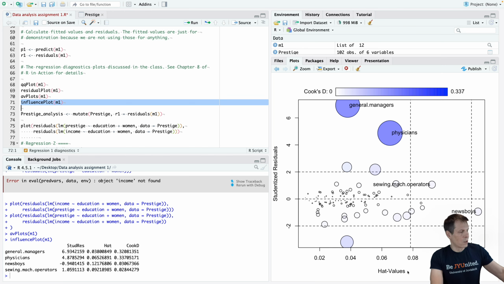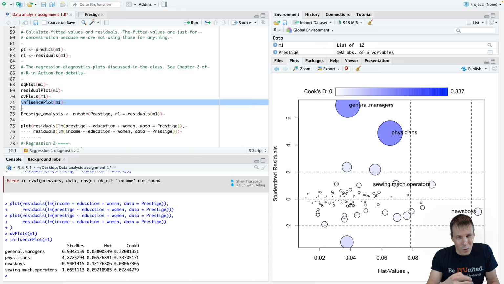If you think about a regression line, it would be something like this pen here. An observation that is in the center here doesn't have much leverage, because if you pull the pen from here, you need a lot of force to make it move. And if the observation is far out on the regression line, if you pull the pen here, it moves a lot more easily. So the hat value quantifies basically how much strength the observation has,